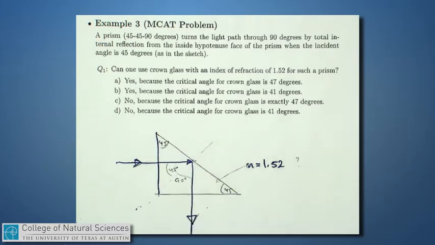is at 45 degrees. So the question is, can you use any old material, and in particular can you use crown glass, which has an index of refraction of 1.52 for such a prism? And there's a bunch of choices there. Notice that they all make use of the word critical angle. And I won't read through all the answers here, but let's examine why there's even the use of the word